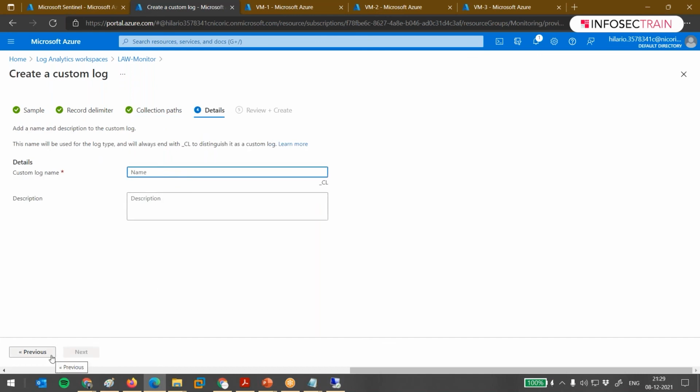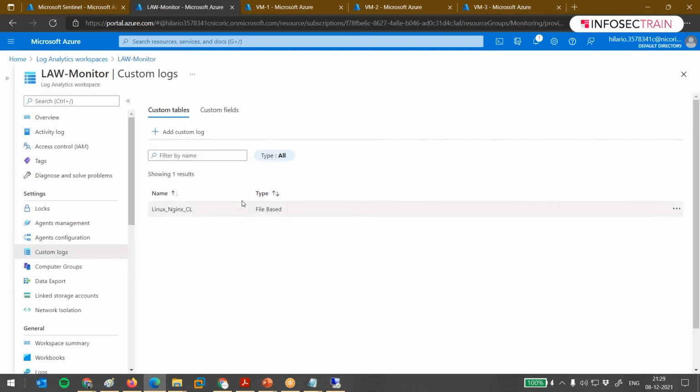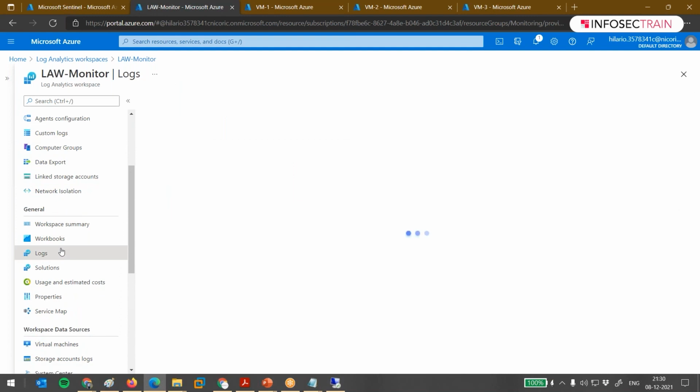Then you will click on review and create. All the custom logs will be extended by _CL. So you collect this, connect to this, and go ahead with this particular path, and that's it. Now this machine will keep collecting the logs, and when we jump into the logs part,